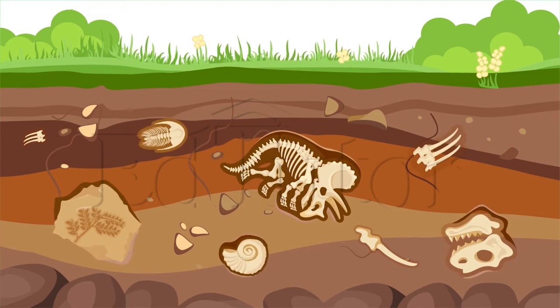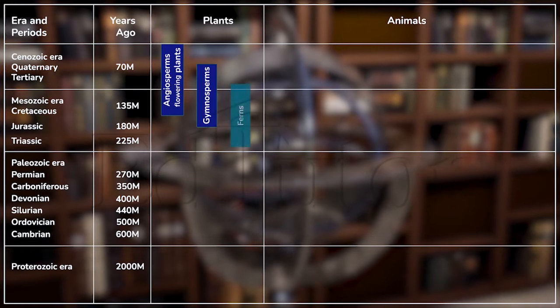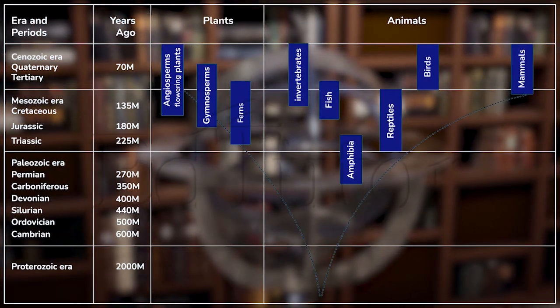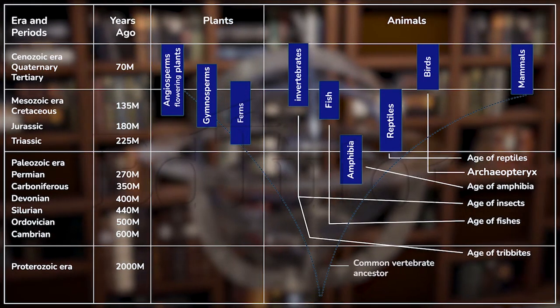What I mean here is that all the fossils found in a particular layer indicate that they have lived during a common geological time period. Interesting! It's almost like a forensic report of a dead person that can not only tell the time of death, but the age as well. Here, look at this geological chart. This will give you an idea of how plants and animals have been distributed in different geological periods based on their fossil study. Now, can you guess how many species have been discovered by biologists so far?